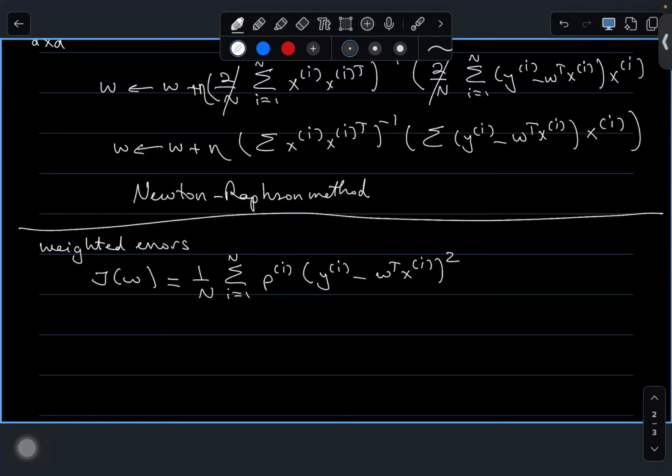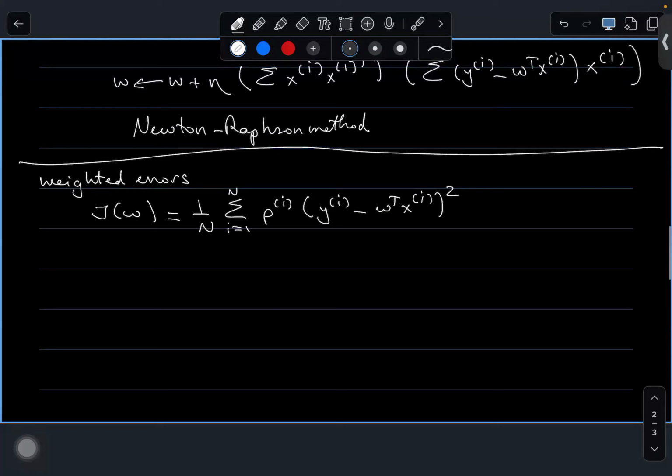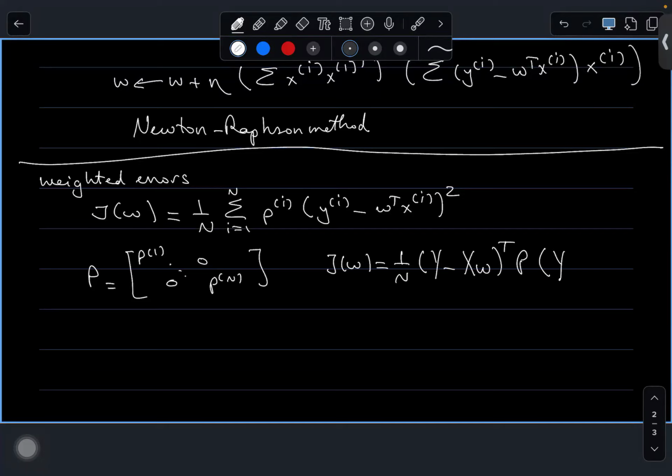So pi is going to make it so that some xi might matter more than other xi, for whatever reason that might be. And I'll give you an example of it. So what does this mean? What I'm doing is introducing some matrix P here from the first data point to the last data point. And I'm scaling my cost function so that it looks like this. I'm making it so that some errors are going to cost more than other errors. And if I were to multiply this out,